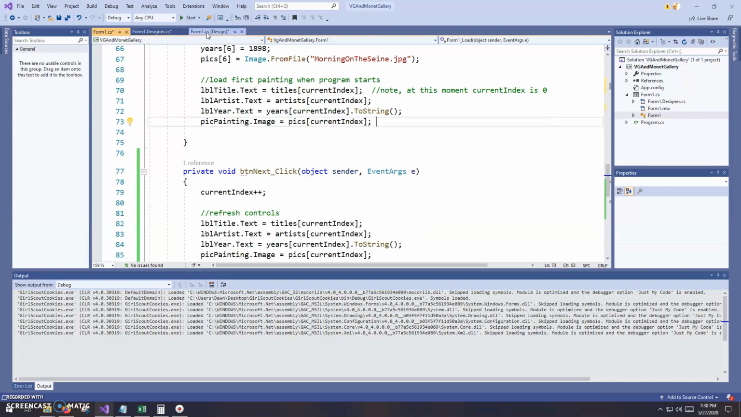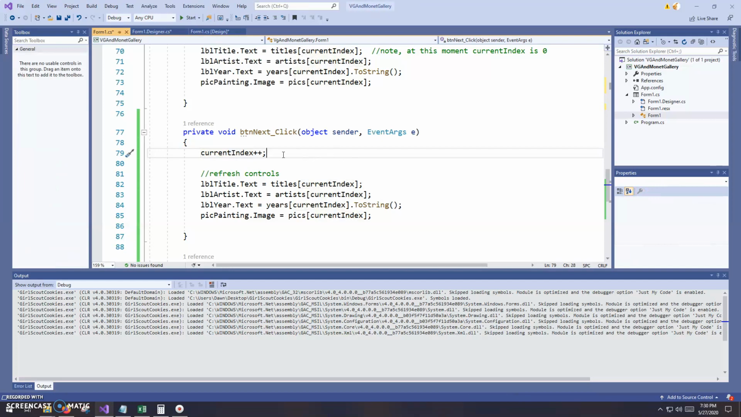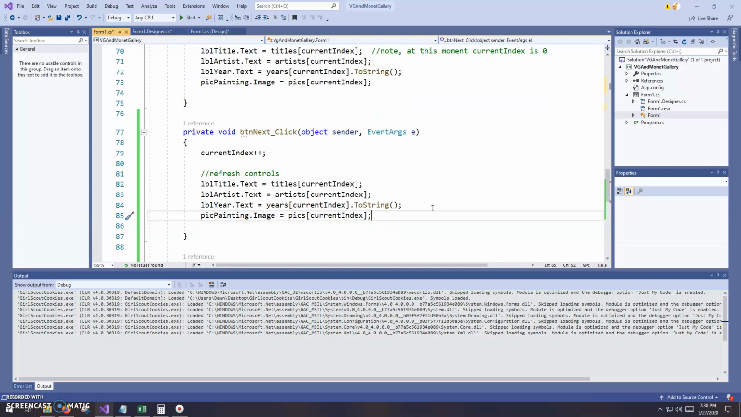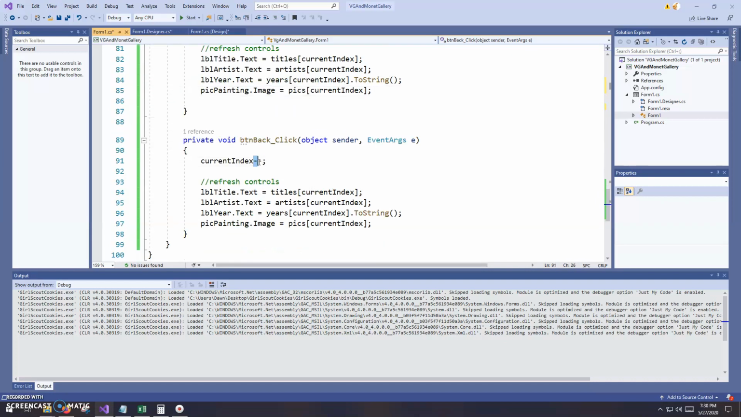Getting to the next and the back button, this is the next button here. All I have to do is increment that current index and refresh the controls. This chunk here is a direct copy of this chunk here. It is redundant code, and later in the semester we'll look at techniques to make your code more concise, but for now it's fine. A little bit of redundant code isn't a big deal. So I'm incrementing and refreshing the controls, and then for the back button you just reverse it. You decrement